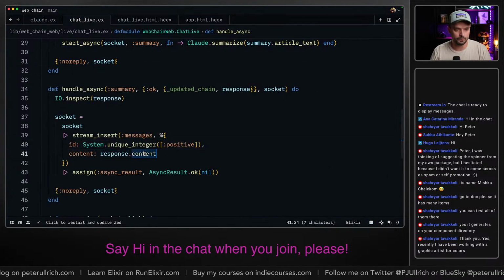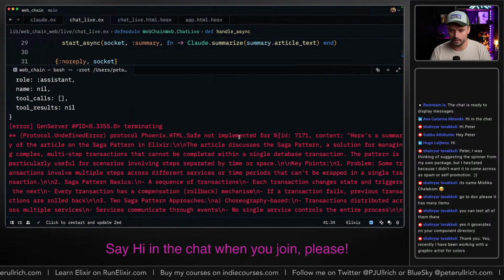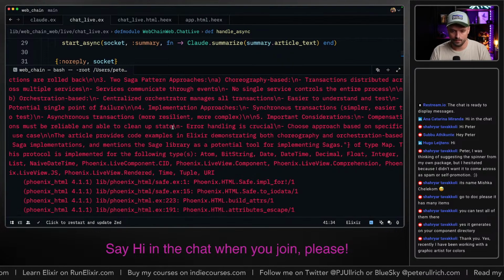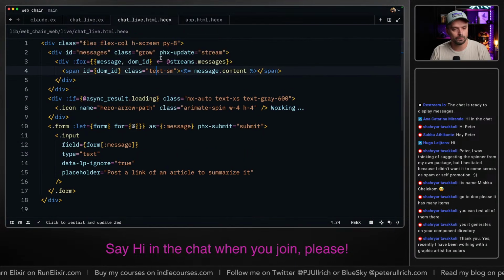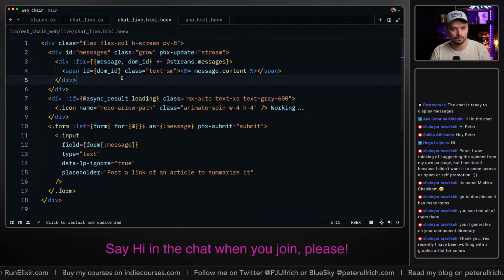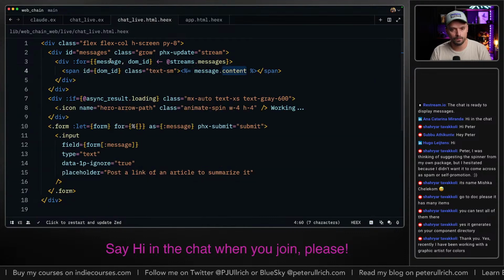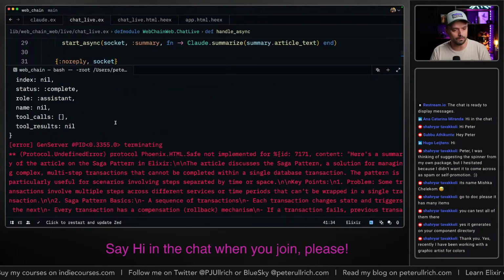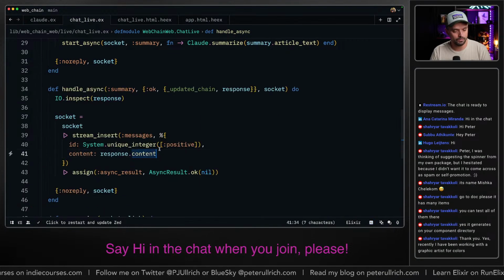So it's response content that should give us our message, and then it gives me save, not implemented for ID. Okay, that makes sense, but where is it happening? In row 4. Message content. That would make sense. Is it content? No. This should be the text.